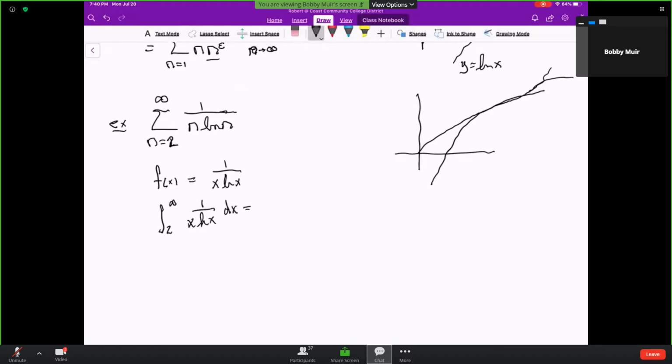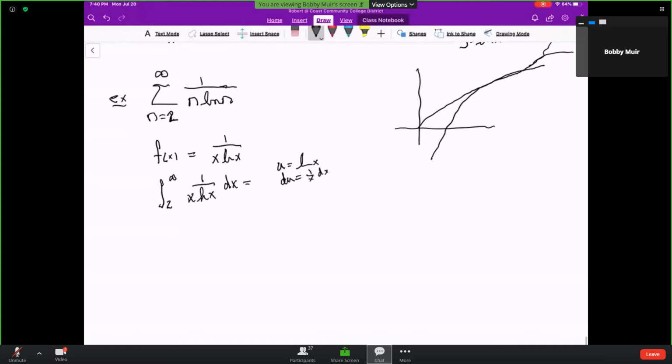If u is the log of x, du is 1 over x dx. No matter how you look at this, what we're going to get is the natural log of u, which is the natural log of the natural log of x, evaluated at 2 and infinity,